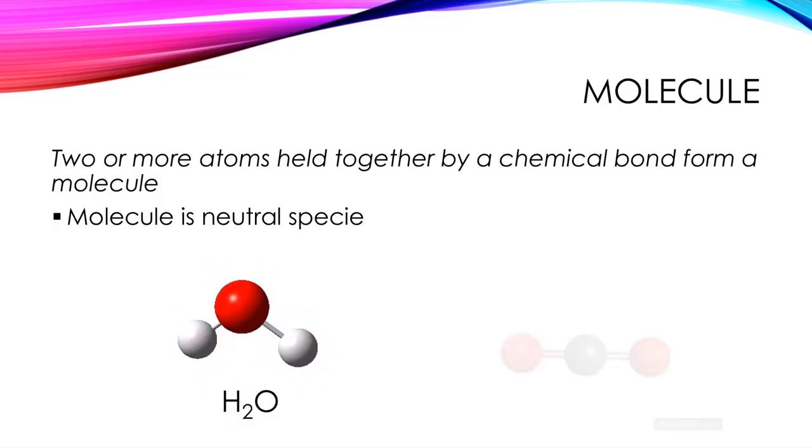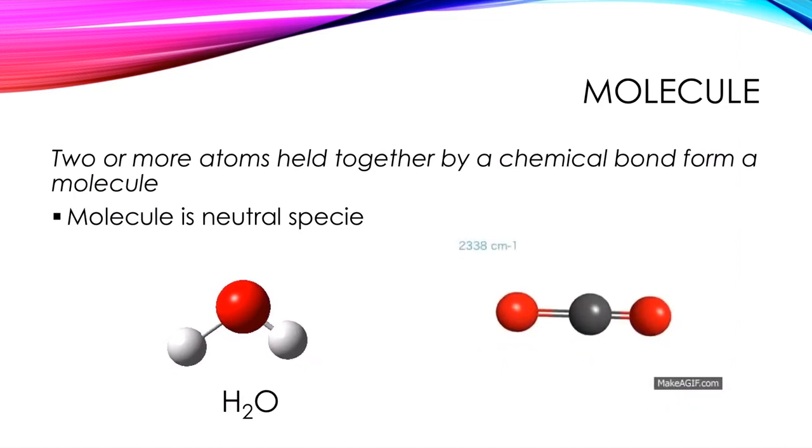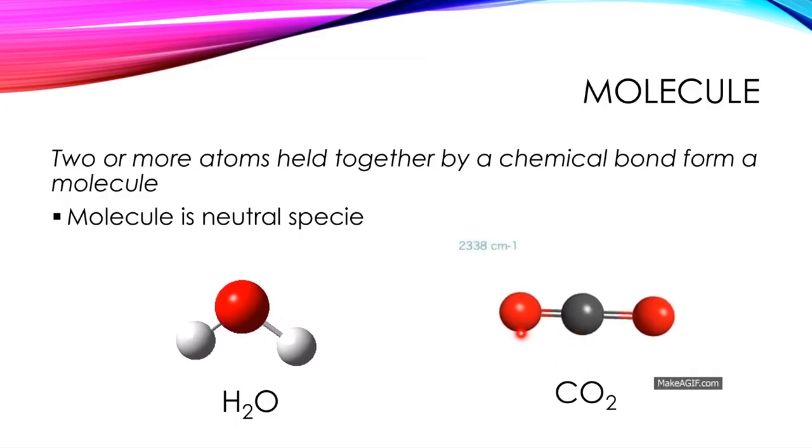Let's take another example, which is the carbon dioxide molecule. Carbon dioxide is basically a gas, and you can see one carbon joining with two oxygen atoms. So there are two oxygen atoms in the carbon dioxide molecule, carbon in the center and two oxygen in the surrounding. So you have a carbon dioxide molecule. Some molecules are small, some molecules are large. It totally depends on the number of atoms it is formed by.